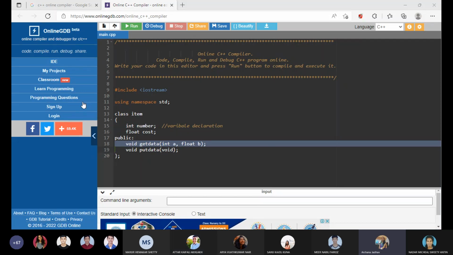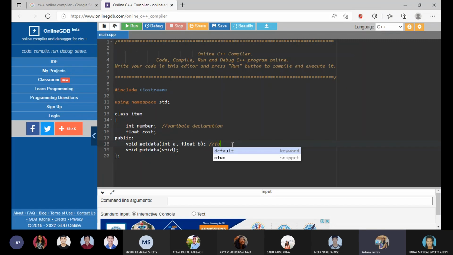I think someone else also said it. She said function description. Acha. Yes, it is function declaration. So this is your function declaration. Okay, but